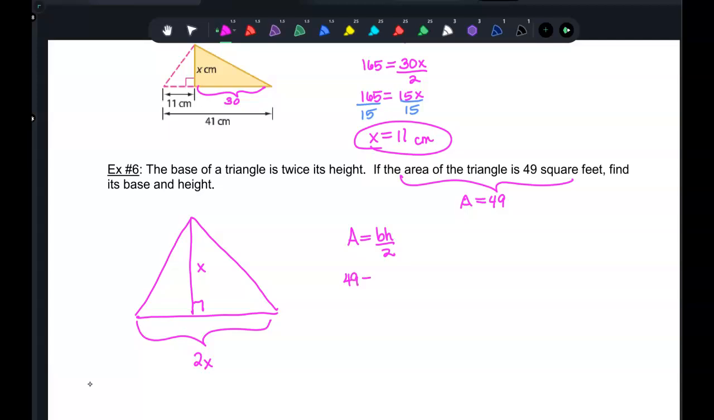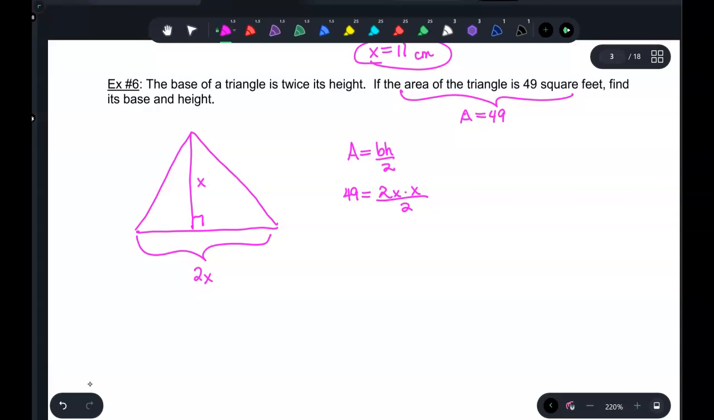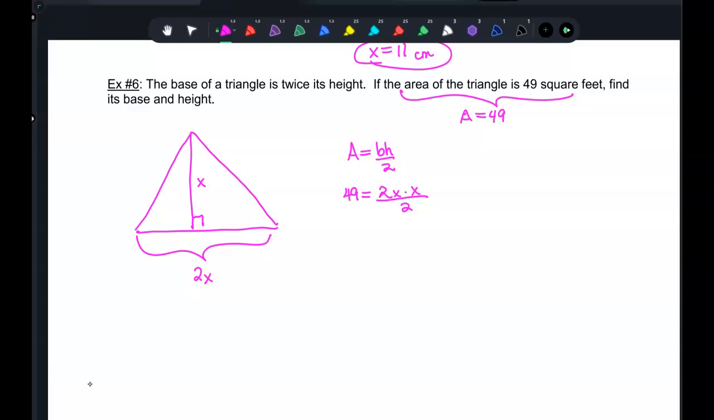Okay, so 49 equals 2x times x divided by 2. Remember, it's a triangle. So we can times that by 2, x squared equals 49. So x equals 7. Okay, so x equals 7. So I need to find the base and the height. So what's the base? Base is 14, and it's going to be feet. Oh yeah, I didn't do that. And the height is